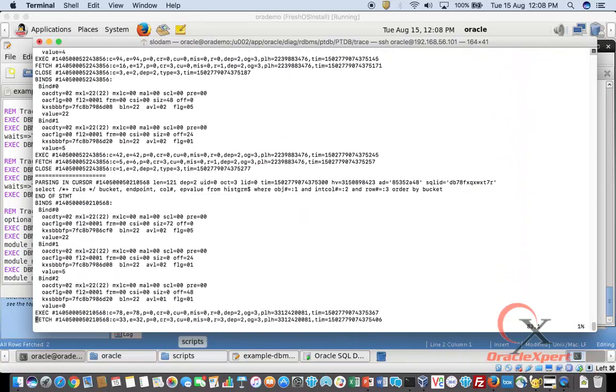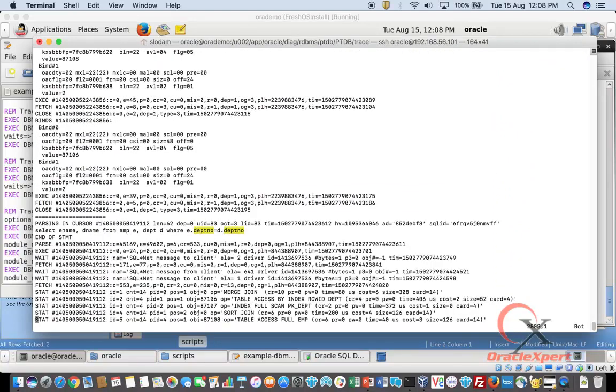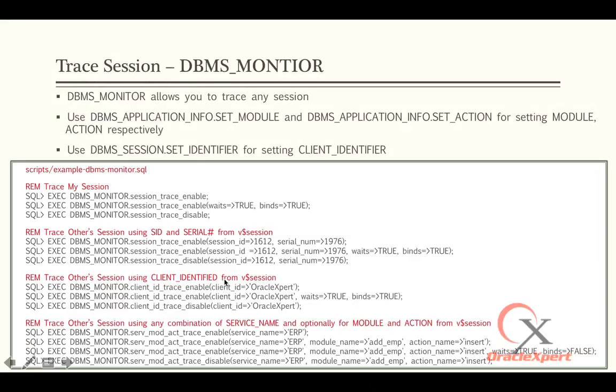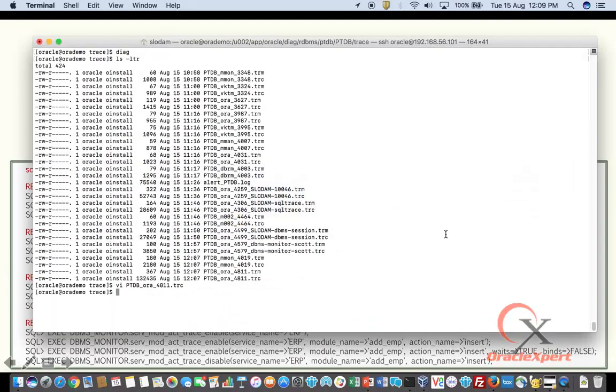And now this is the raw trace of my session. Now I didn't enable it, somebody enabled it. Looking at my client identifier, somebody enabled a trace for my session. So using DBMS monitor, on the basis of client identifier, then you can enable trace for other sessions depending upon the service name column